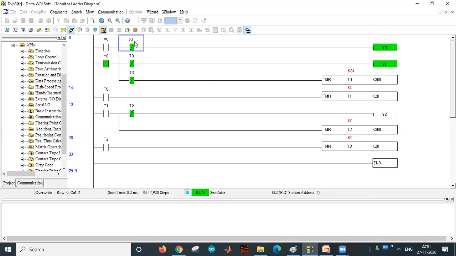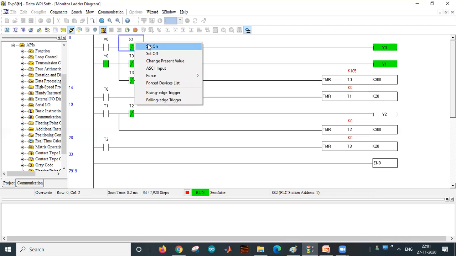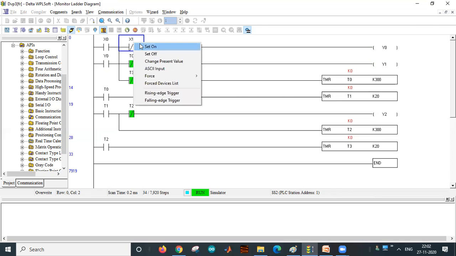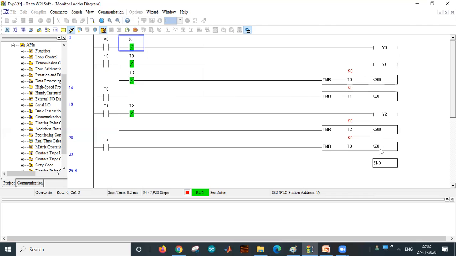Now I am going to press the stop button. Whenever you press the stop button, all will off. Even if you release it, they won't be affected. So the motor will now be continuously in off position. To make the motor start again, you have to press the start button. This is how you can make the motor rotate in forward and reverse continuously